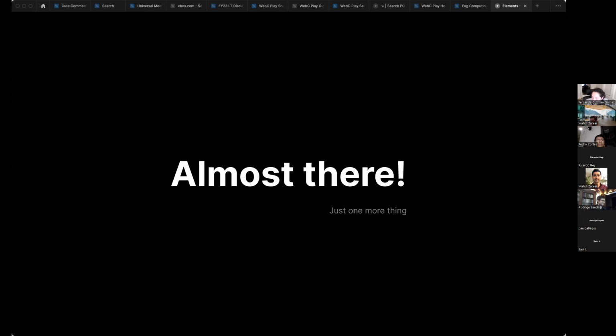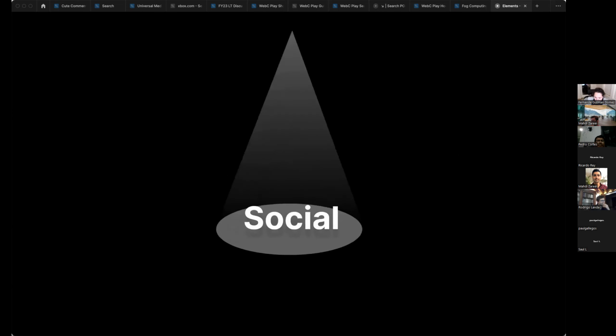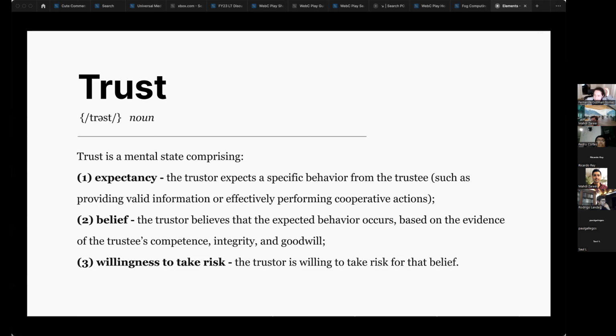And we are almost there. I just have one final thought. Again, I know that this paper was just the tech part, but what was the social definition of trust? And this is just the end of this. I just want to give you this little peek of what my past group had with this. Sorry, rephrasing: I want to give you the social definition because it helped me understand better what trust is